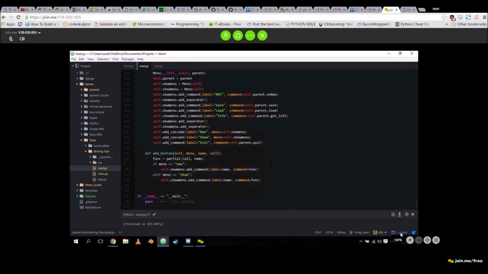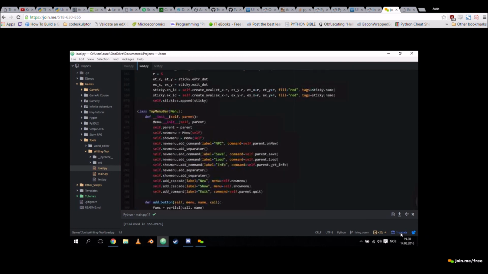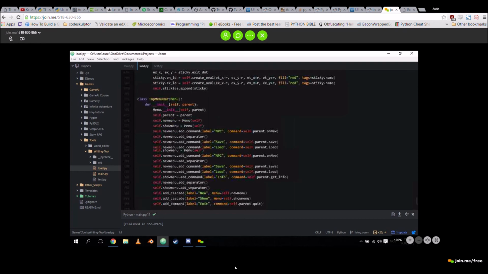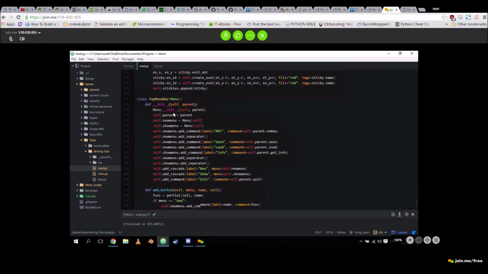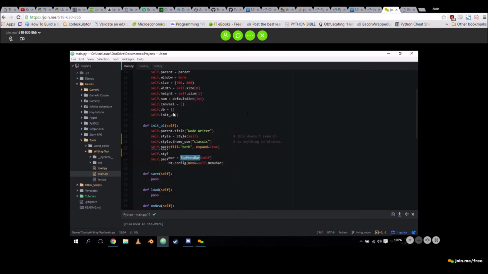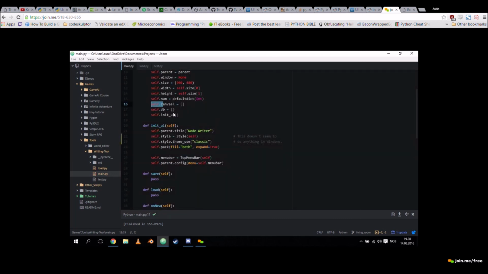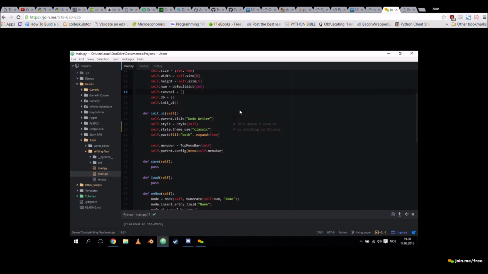Launch it. So that's the top, that's the top menu bar. Let me just run you through. So I need to start canvases. I created a list, canvasi, since canvas is not Greek, I suppose. It's Latin, so it's plural, canvasi. I could be wrong about that. And there's where I store my canvases.